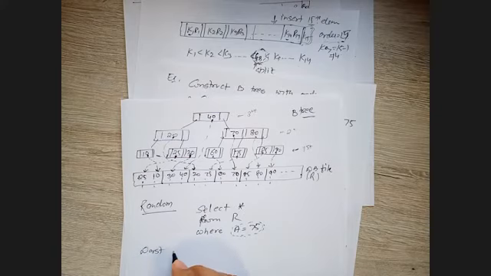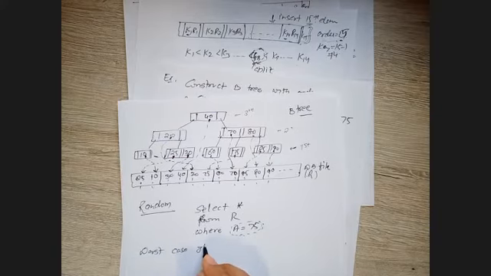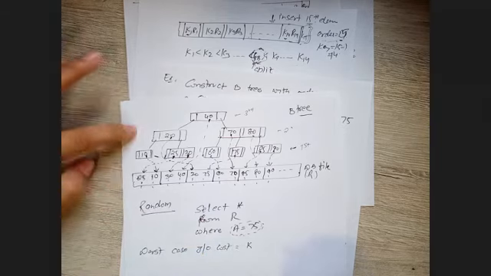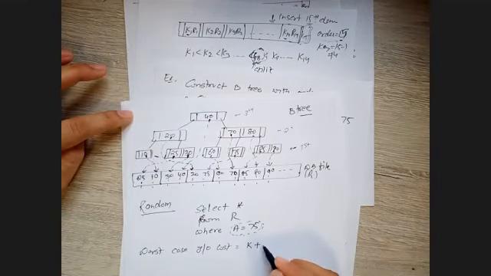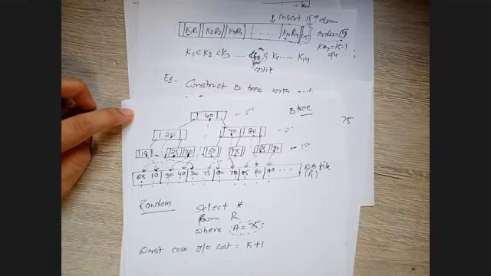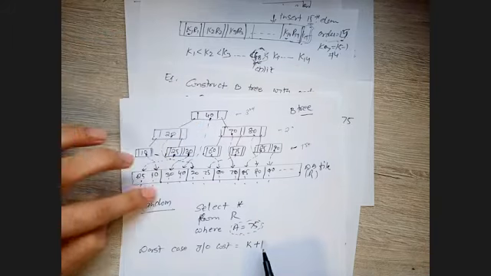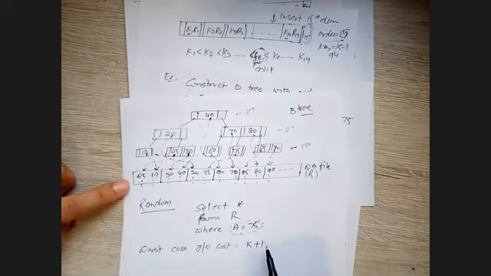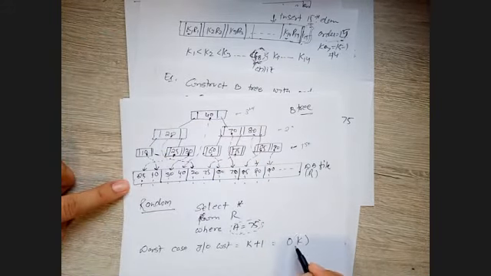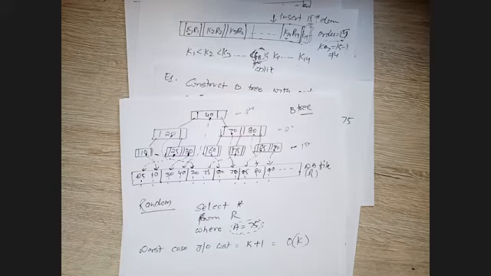So what will be the worst case input output cost? If you have K levels, then it will be K plus one. You need to go through all K levels, plus one. You know why plus one? One is for when you find the record, you search in the record file over here. So basically it's order of K, where K is the number of levels of your index tree.